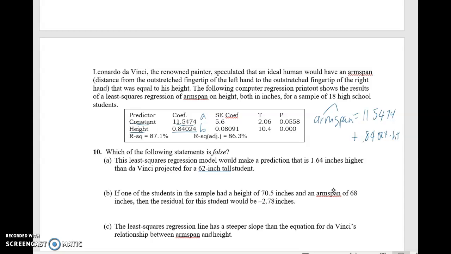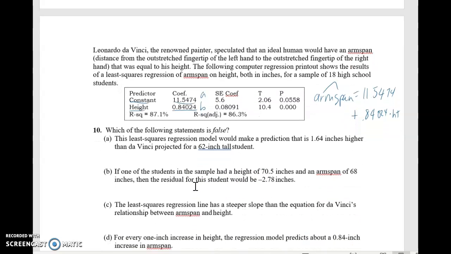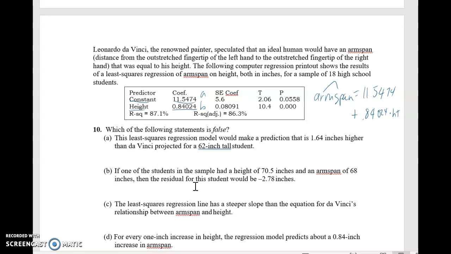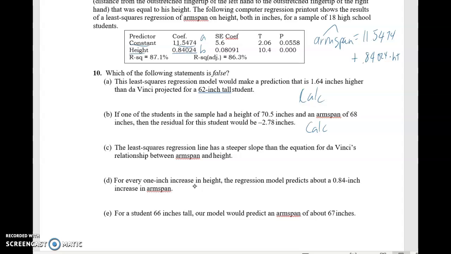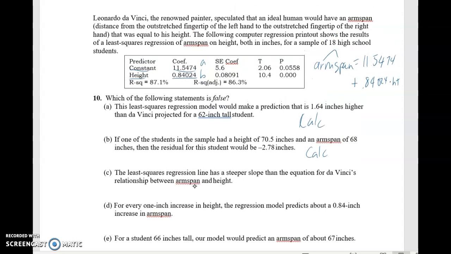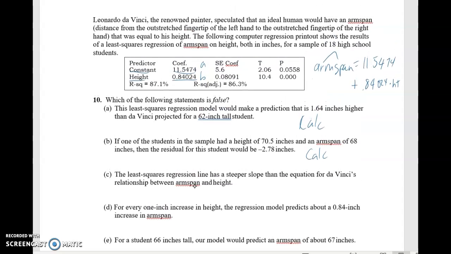Okay, fair enough. The least squares regression model would make a prediction that's 1.64 inches higher than Da Vinci predicted for a 62-inch tall student. That's a calculation, okay? This one we're also going to have to do a calculation. The least squares regression line has a steeper slope than the equation for Da Vinci's relationship between arm span and height. Now, Da Vinci's relationship says they were 1 to